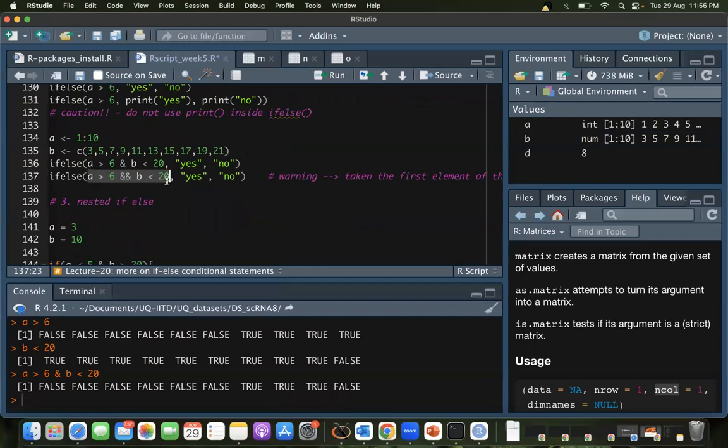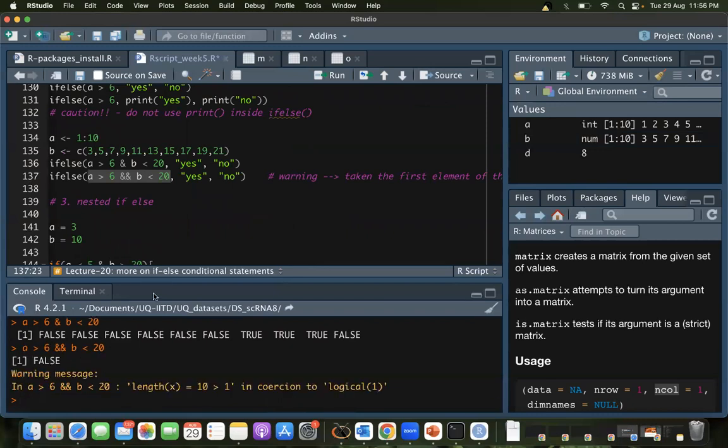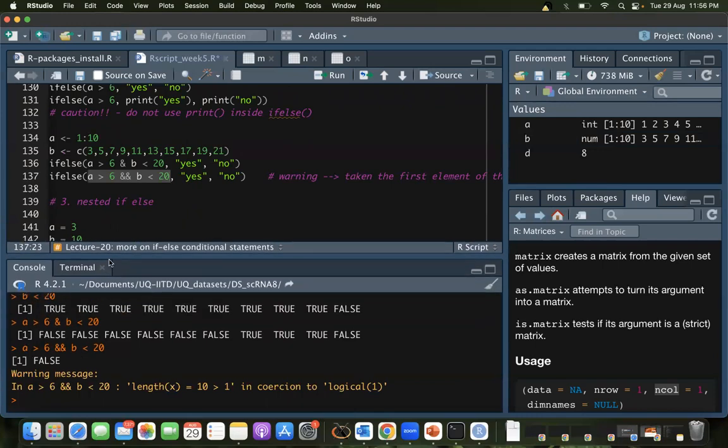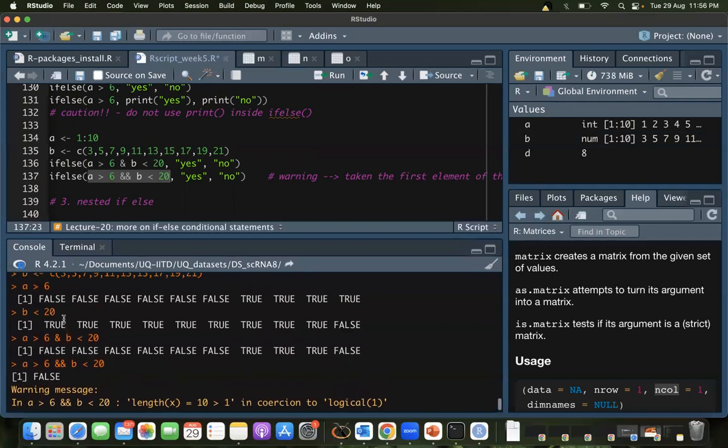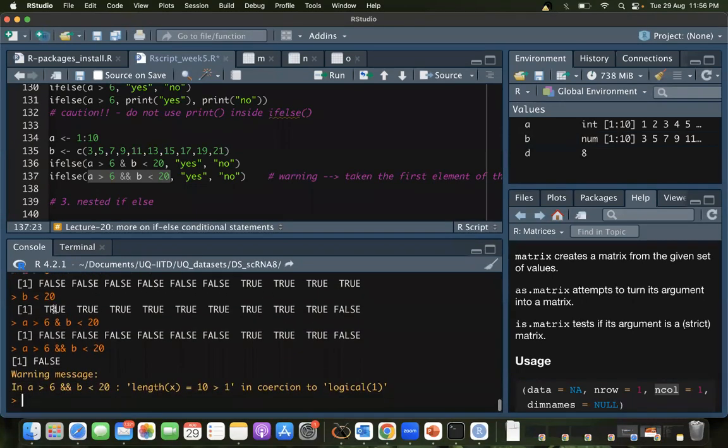Now instead, if I do it this way, a double AND, do you remember what it's going to give us? So what it does here is it's taking the first 2 values, it's evaluating it just the way it should, but that's it.